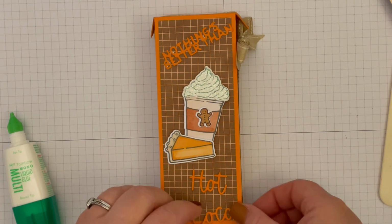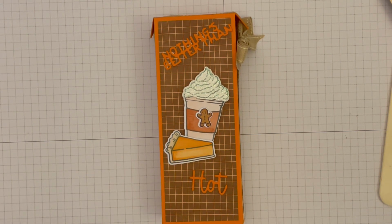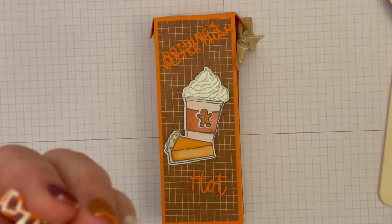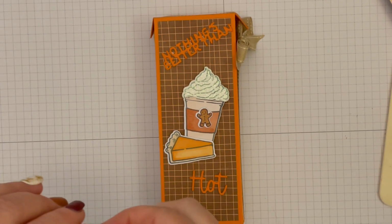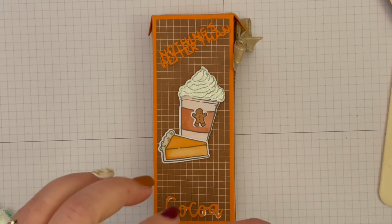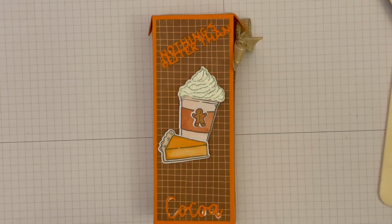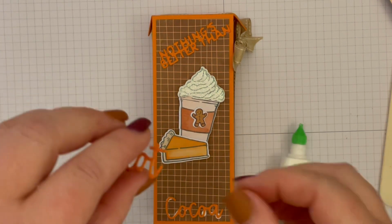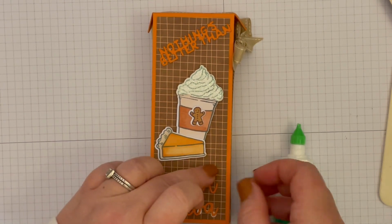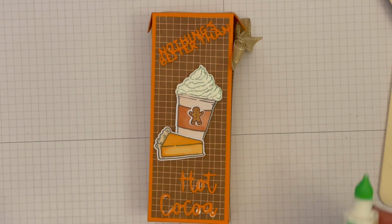I'm going to do the words at the bottom then. And all I'm doing, while you can't see me, is just applying some glue. So start at the bottom. I'm not too worried about the glue coming off the ends because it will dry, and I have got a glue rubber. I'm going to have that on there like so,